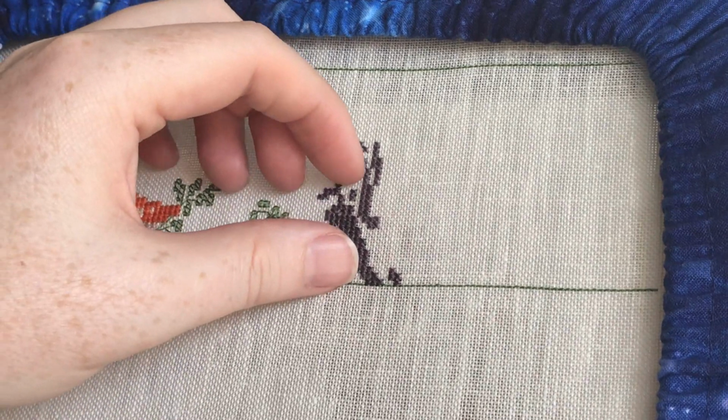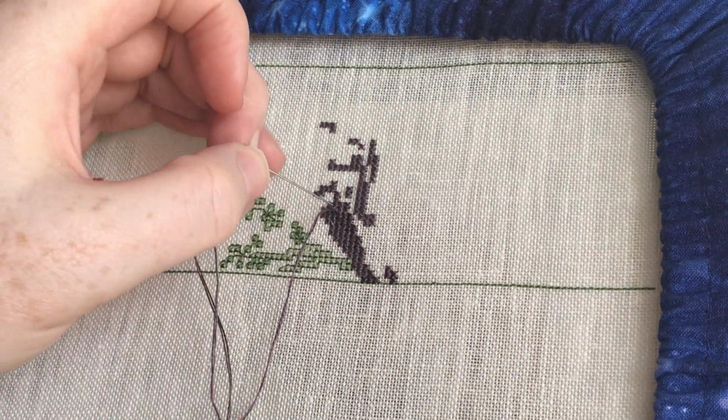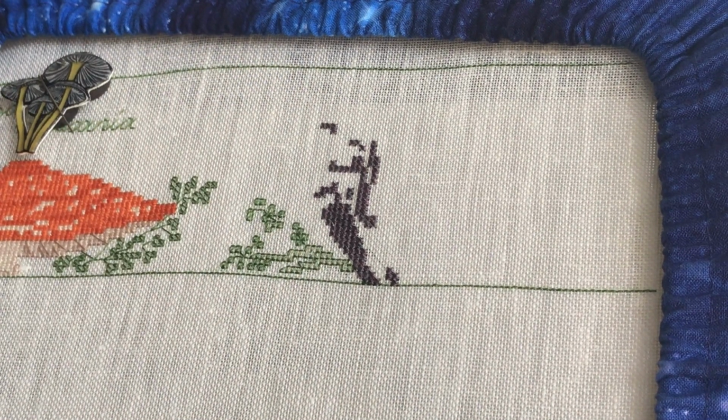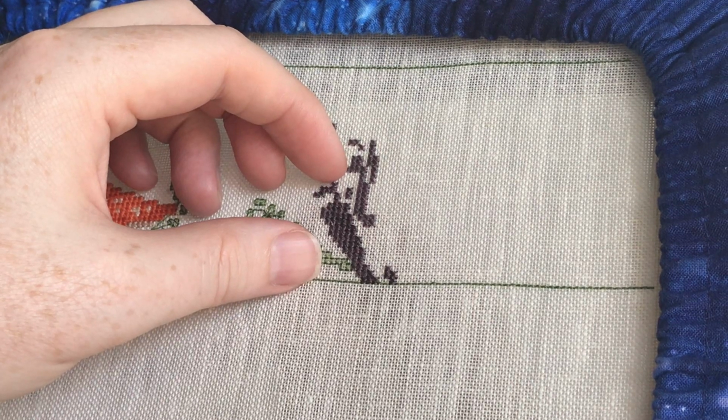I was quite surprised whenever I first started stitching on this mushroom. I did not expect it to have purple in it, but it does give it a very unique, nice looking look to the piece. Quite a nice texture. Let me see. 1, 2,